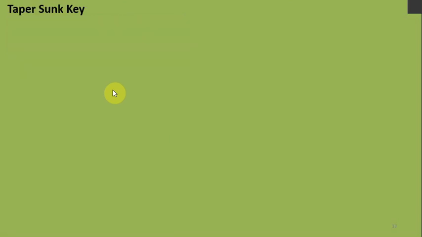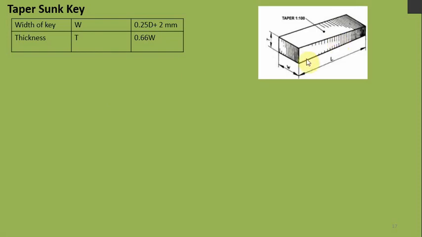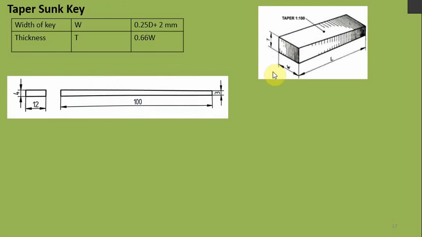Now the taper key. The width-thickness relation remains the same. We have to take diameter equal to 40 mm. This is the taper key. The only difference is